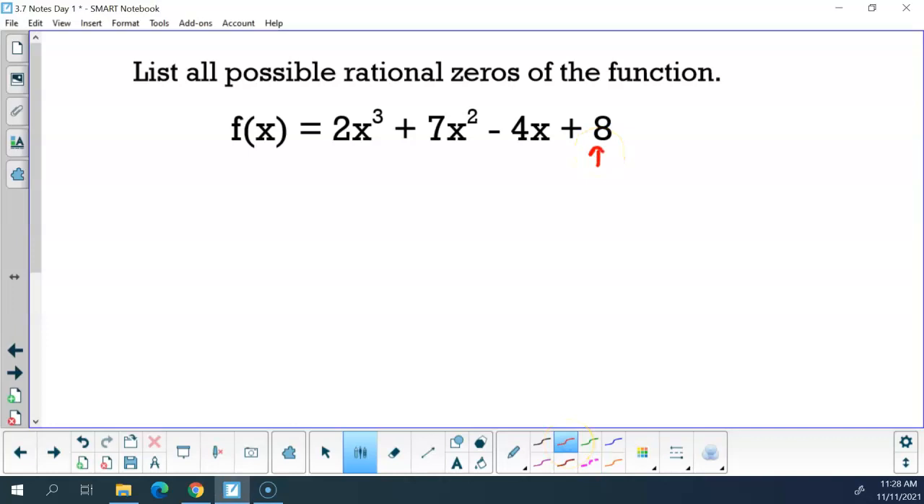Because I take the factors of the constant term, and it's always the first and the last number, as long as it's written in standard form. Otherwise you're doing stuff wrong. So my possible list